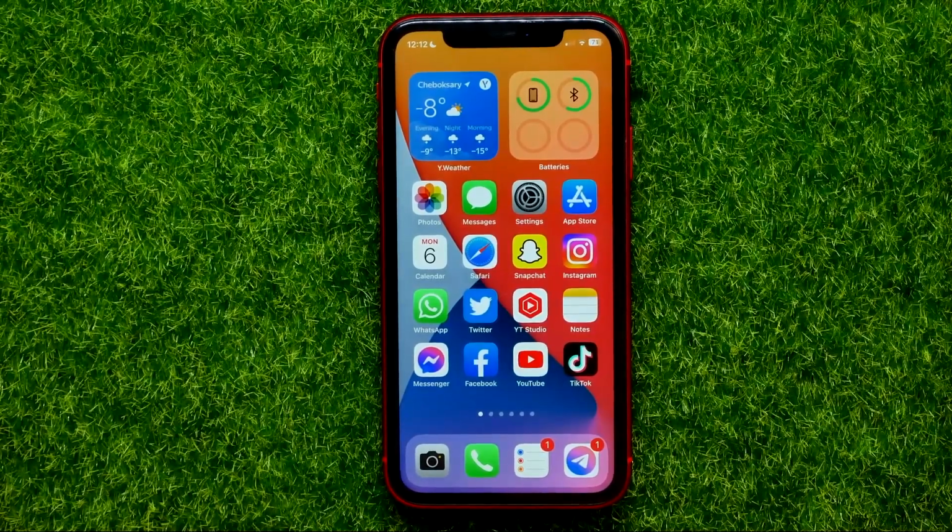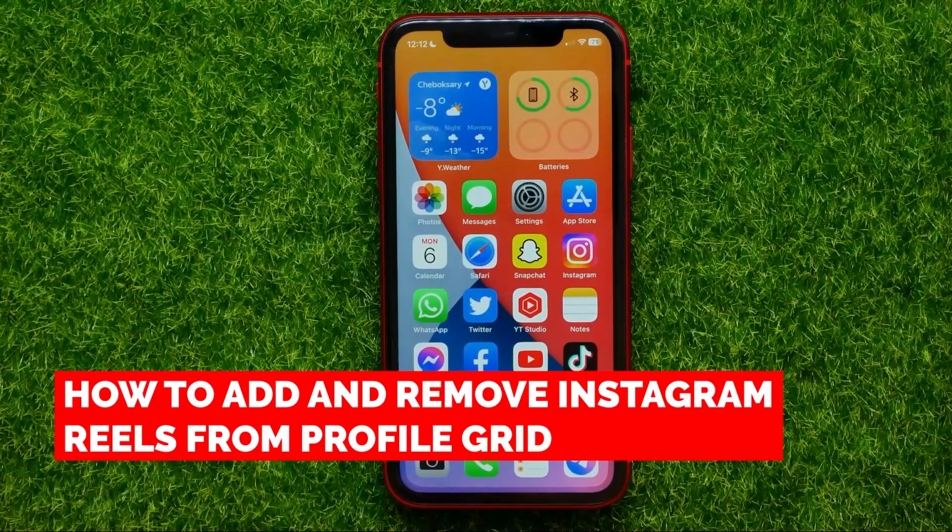Hello guys, welcome back. In this video I'm going to show you how you can easily add and remove Instagram